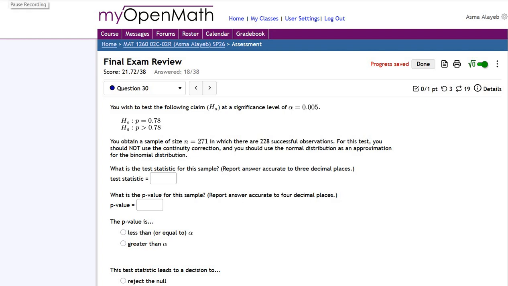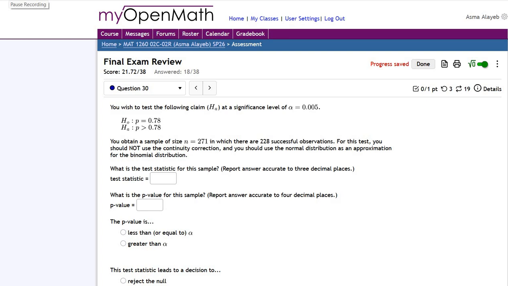Question 30 is similar to question 29. You wish to test the following claim at a significance level of alpha equals 0.005. The null hypothesis states that the proportion is equal to 0.78, and the alternative hypothesis states that the proportion is greater than 0.78. You obtain a sample size of 271 in which there are 228